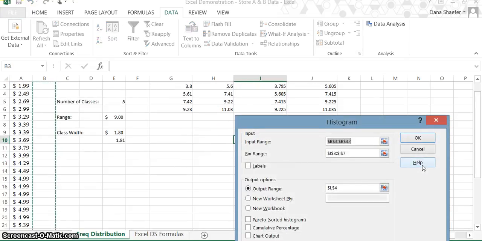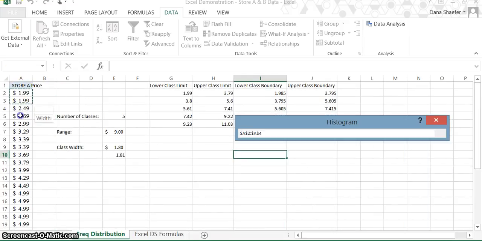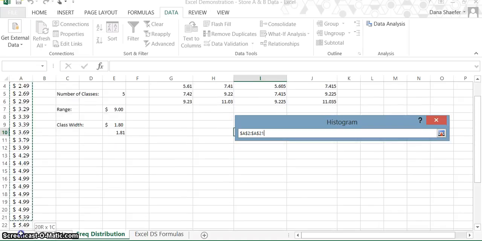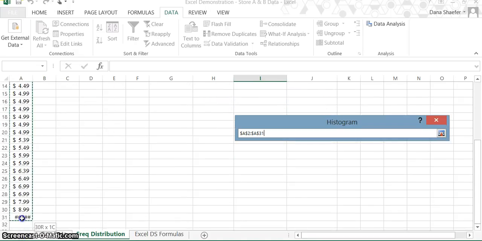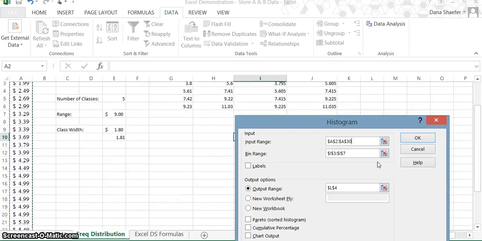So I clicked OK. So the input range is our range of data. I'm going to come over here to our prices. I'm going to highlight all 30 pieces of data. And then the bin range below it,